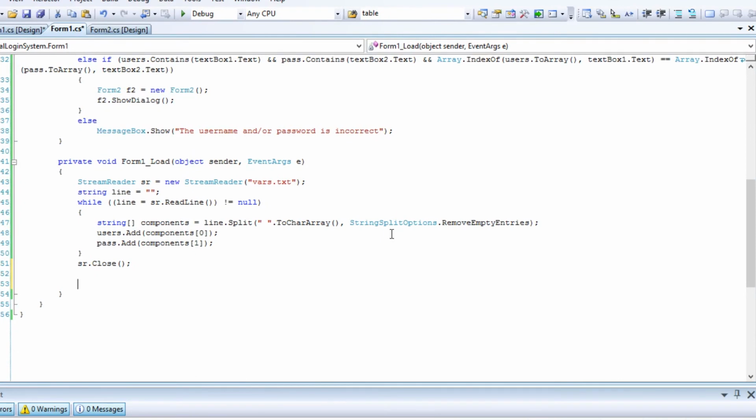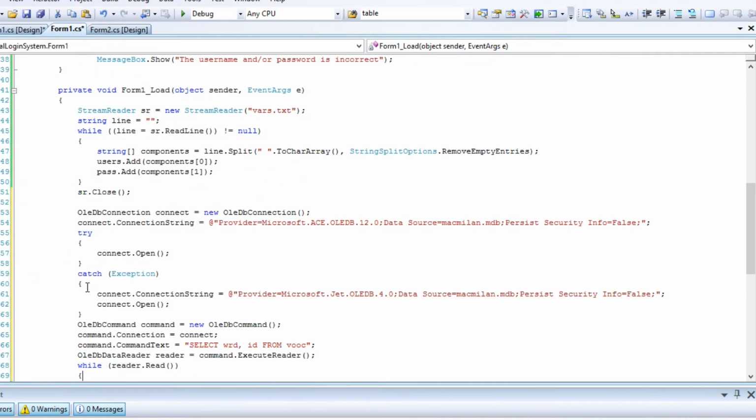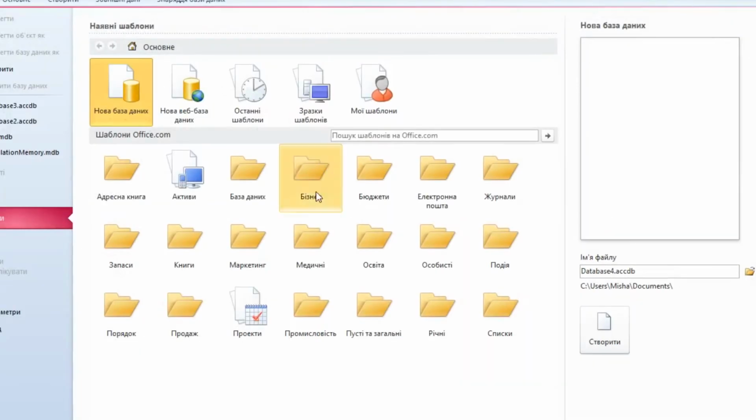I will paste a common piece of code for connecting to a database and modify it. First, we will include the OLEDB namespace in the CS file. I usually deal with MDB databases, so I'll save the database as MDB to the root folder.